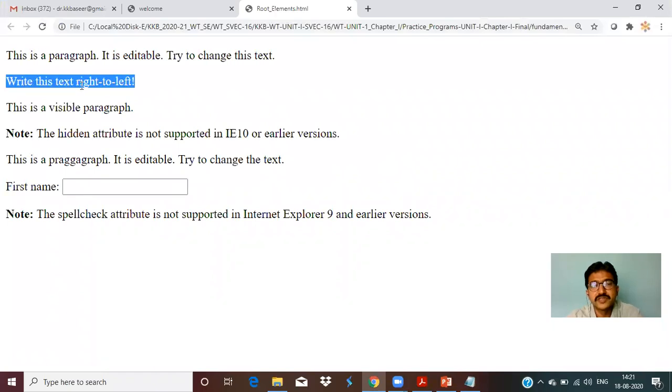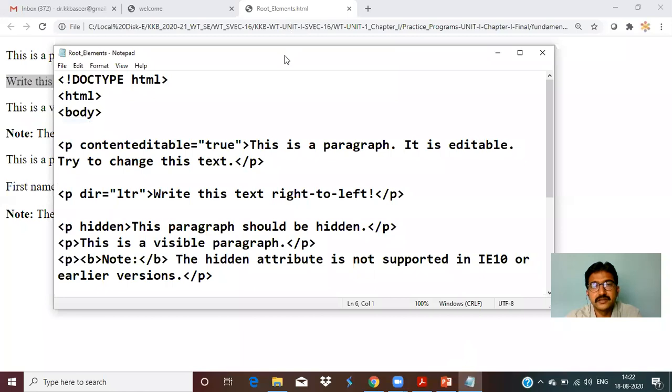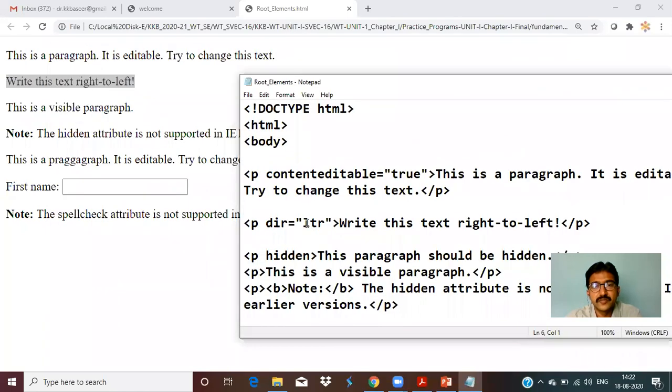Sometimes the browser will not take directly whatever we save here. So I'm using L to R, so that's why it is left to right.